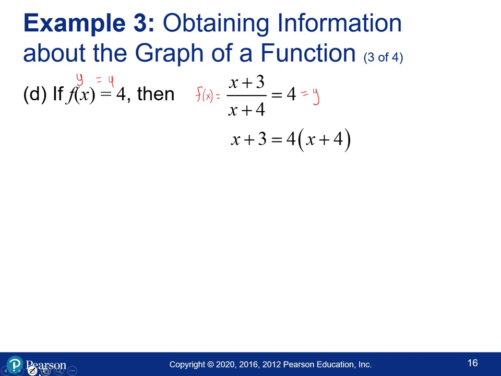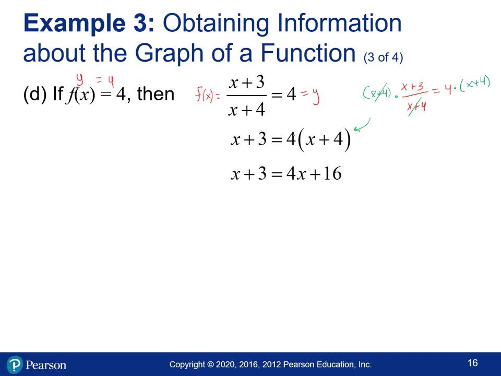Okay, so the first thing that I would recommend when you're working with a fraction like this, let me write it off to the side, is I would try to get it to where I no longer am working with a fraction. So what I would do is I would multiply both sides by the denominator, and that's exactly what happened here. So if I multiply the left side of this equation by the denominator, and the right side of the equation by the denominator, and as long as you do something to the left and the right side of an equal sign, it's going to stay equal. So as long as we do it to both sides, it's equal still. This one divides out, and that's how we got this step here. Okay, keep going,